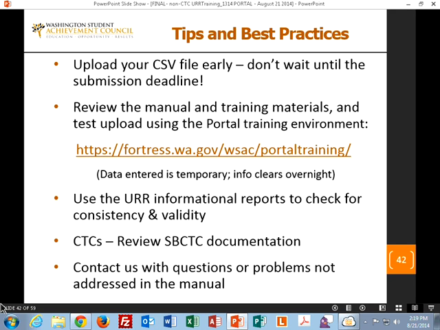I know at least one of the schools that got their form done in one day have been doing that this summer. They've been in there kind of playing in the sandbox, and by the time they actually submitted the file, they had really figured out all the edits. So you can do whatever you want in this one. It doesn't count, and it does go away overnight. So if you're looking for more fun to do, go play in Dave's sandbox here.